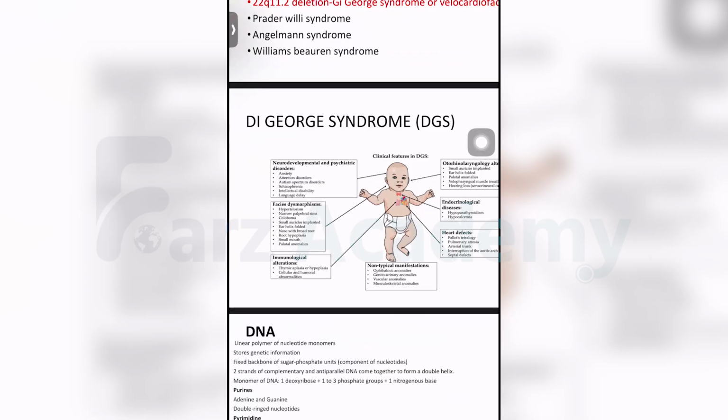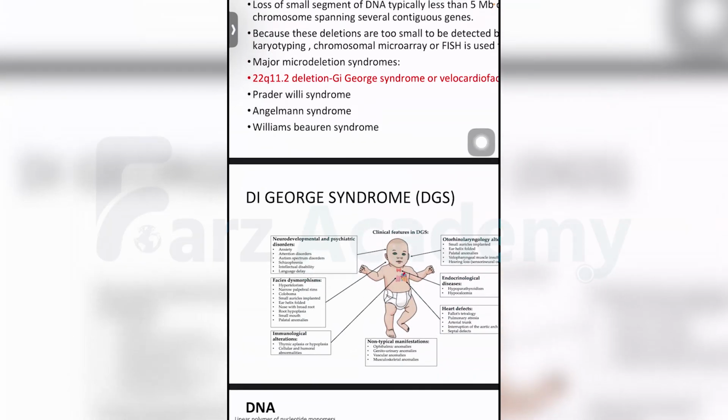Absent thymic shadow. Okay. Why is the hypocalcemia seen here? Why do you get low calcium in DiGeorge? What is the problem with your parathyroid? So you think and tell me, if the calcium is low, should DiGeorge have hypoparathyroidism or hyperparathyroidism? Hypo, right? So you know something. You remember CATCH 22? Do you know something about CATCH 22?